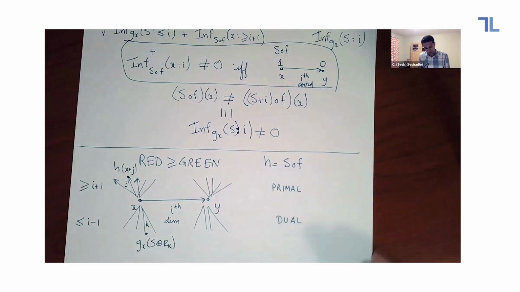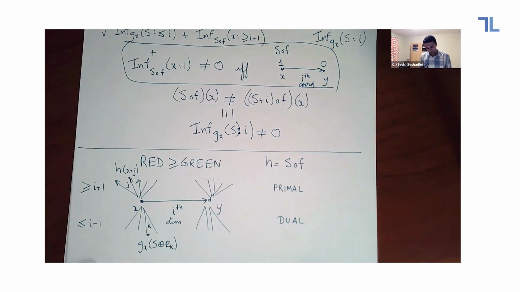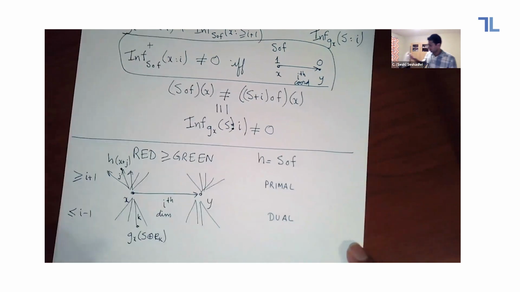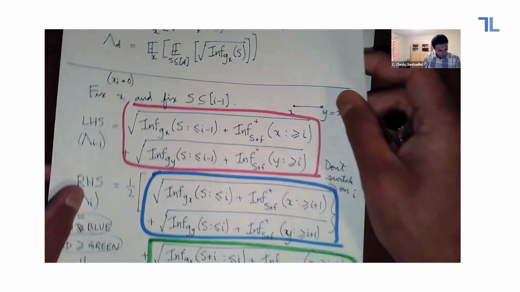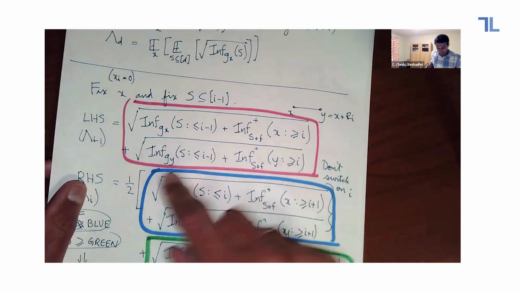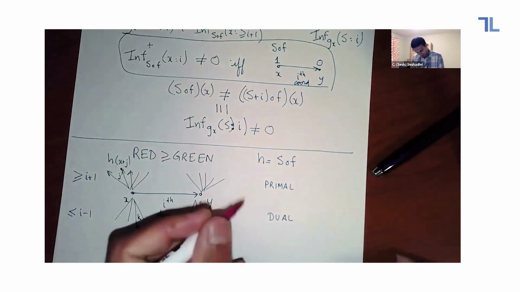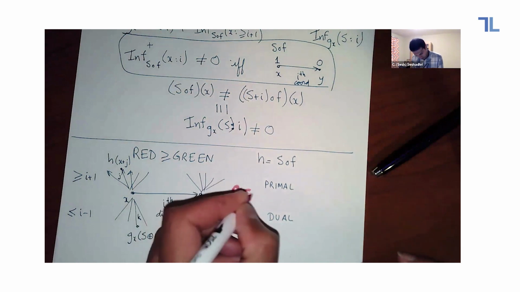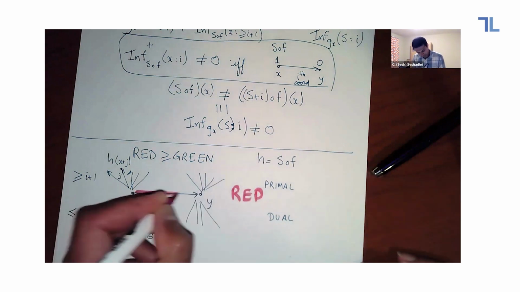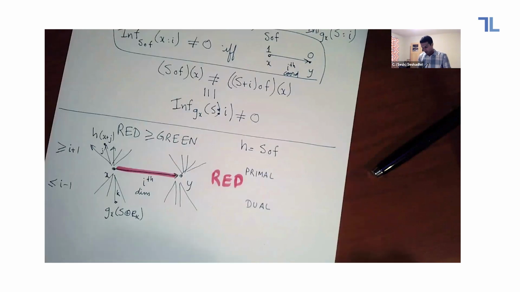Okay, so this is the red part. Now, this is what I'll just write out. This is the red picture here. Now let's see what happens in the green picture. So the green picture